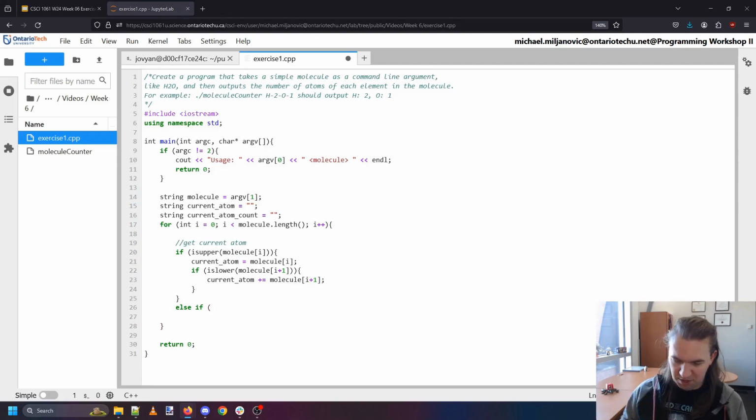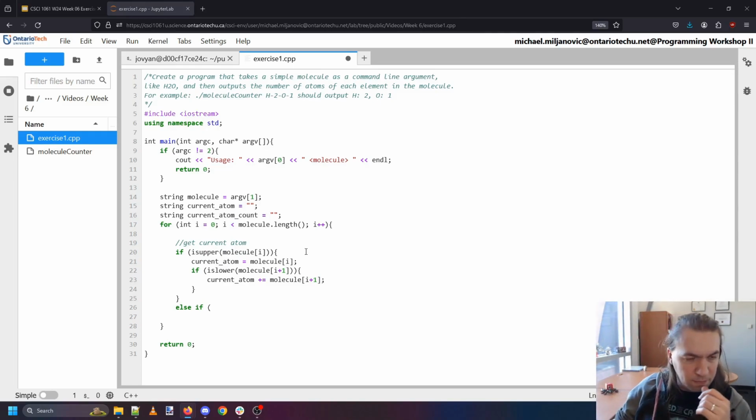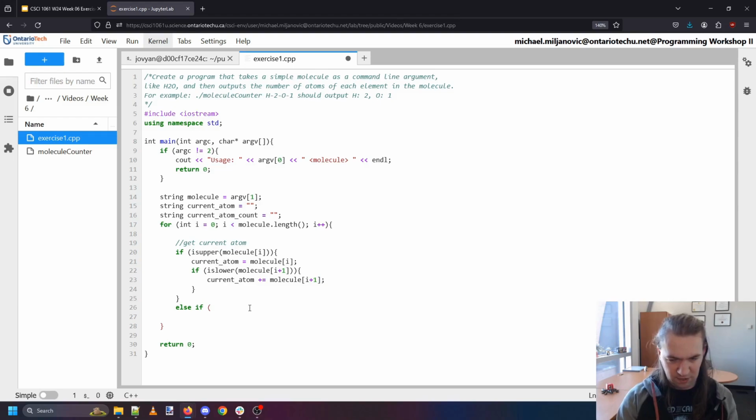There might be a C++ thing that helps me. Yeah, so here's what I can do. If the current character is between 0 and 9,